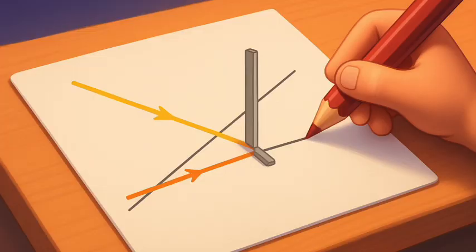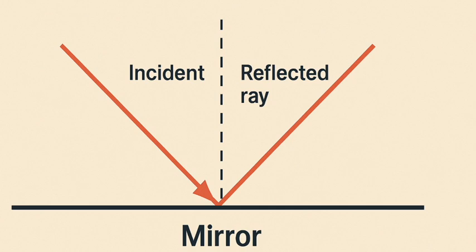Draw a line showing the position of the plane mirror. Also, draw lines with arrows, rays, indicating the beam of light falling on the mirror and the reflected beam of light, as shown in Fig. 10.9a. The ray of light that falls on the mirror is called the incident ray. The ray of light that comes back from the mirror is called the reflected ray.